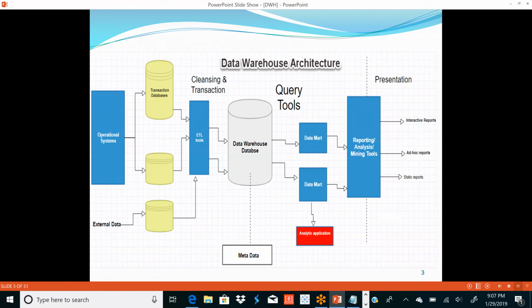If you don't understand any point, just bring it up, because this is a key thing. Your interviewer may also get started with this concept, on the data warehousing architecture, or he might ask the differences between your operational systems and your data warehousing. And also